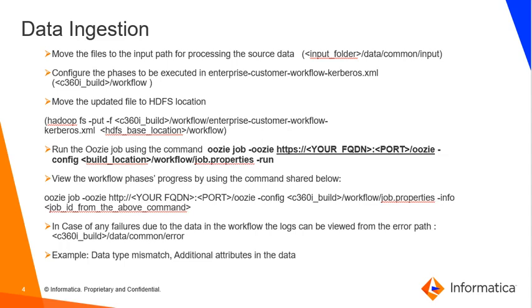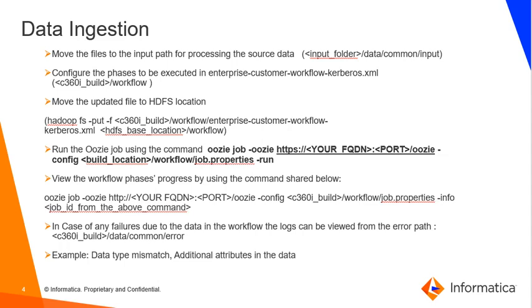To process the source data, we need to move the files into the incoming path or input path, and then we need to configure the phases which have to be executed as a part of the workflow in the enterprise customer workflow kerberos.xml, and then we need to move the updated file to the HDFS location as well, and then we need to run the Oozie job to